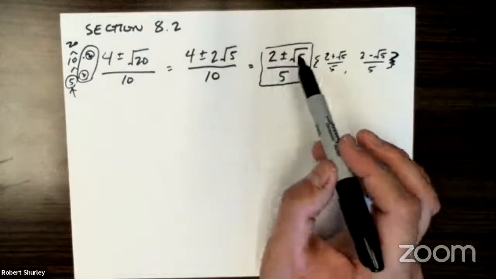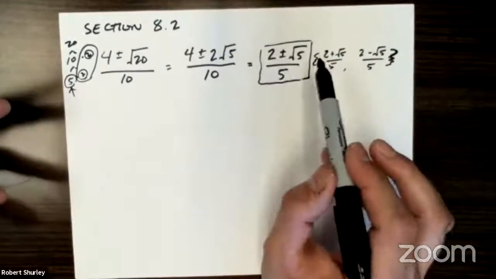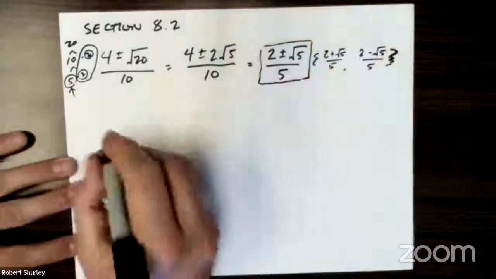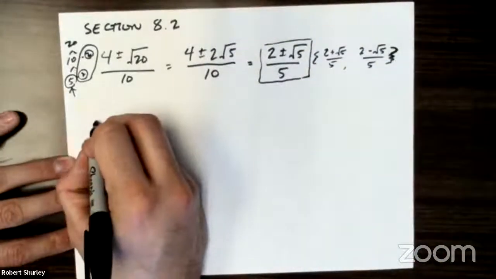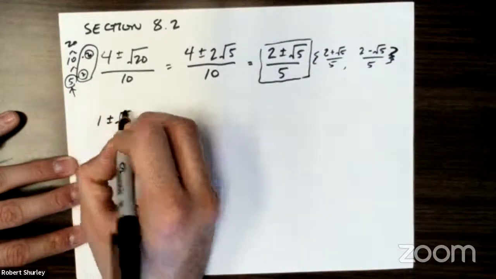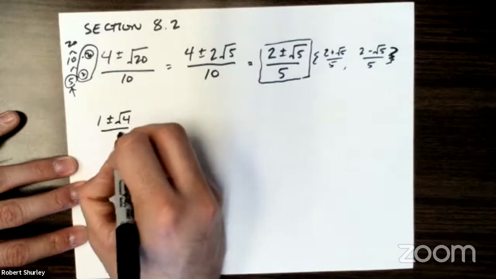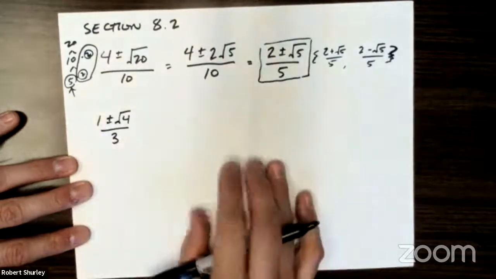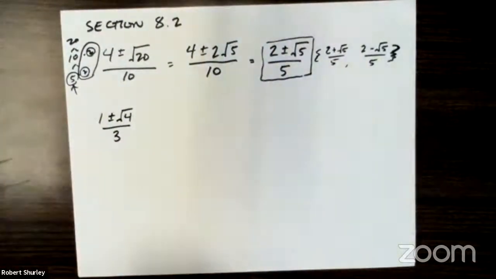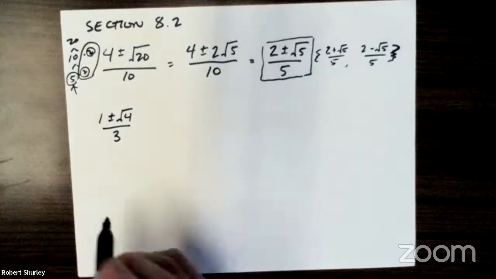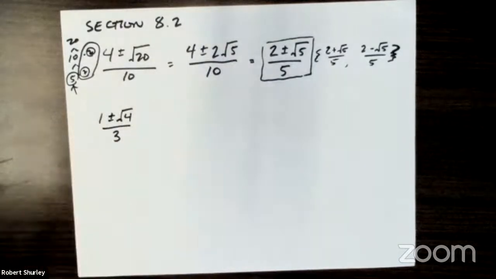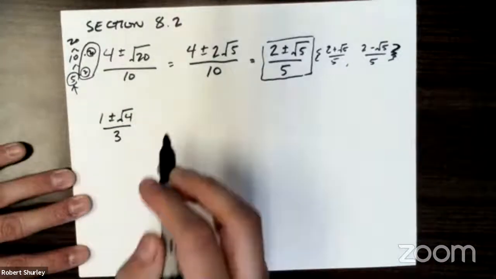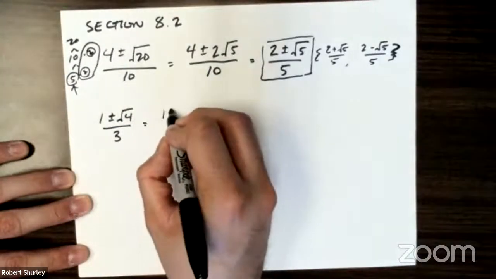And if we could add or subtract these together, we have to keep going. Let's look at an example like that. Let's say we had 1 plus or minus the square root of 4 over 3. So we pop it into our equation, it gives us this answer, 1 plus or minus the square root of 4 over 3. Well, we can take the square root of 4. It's just 2